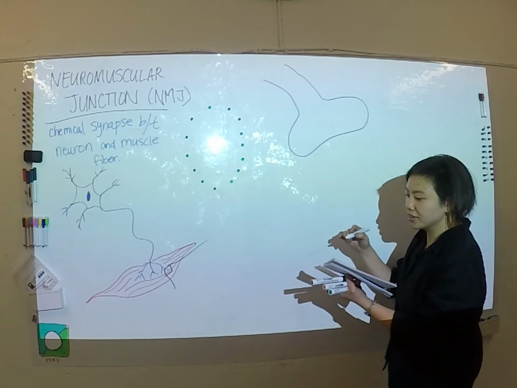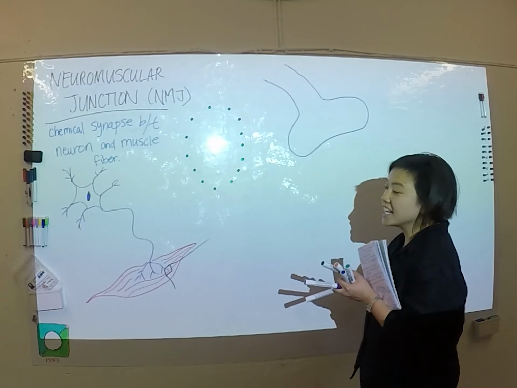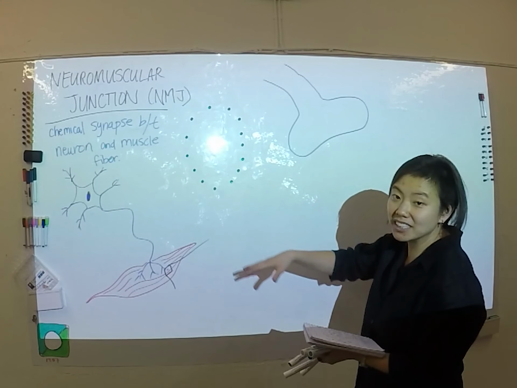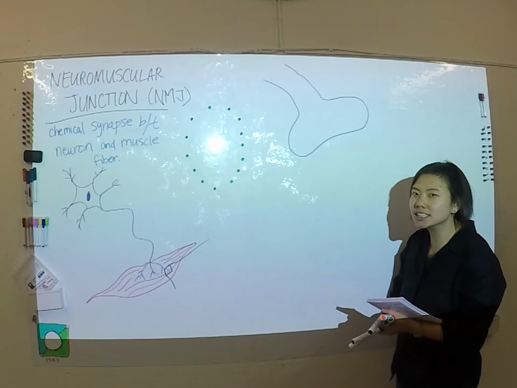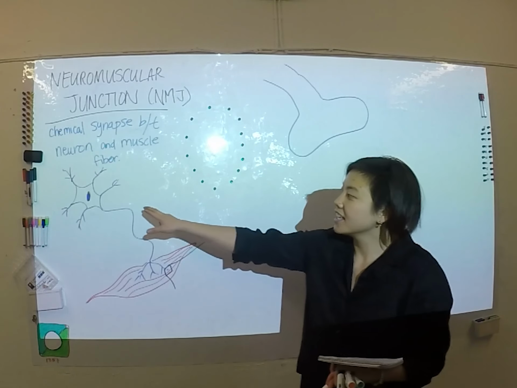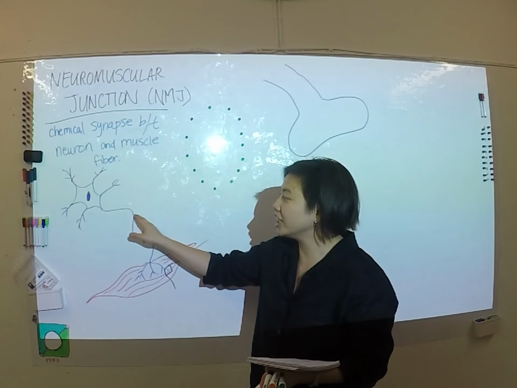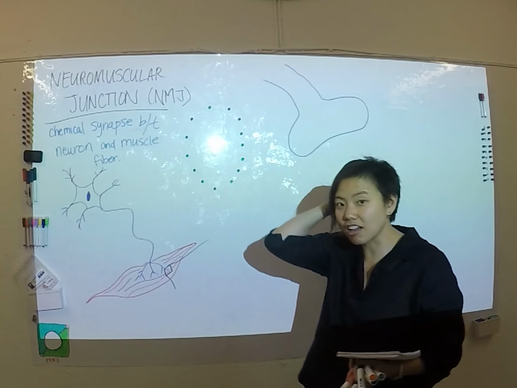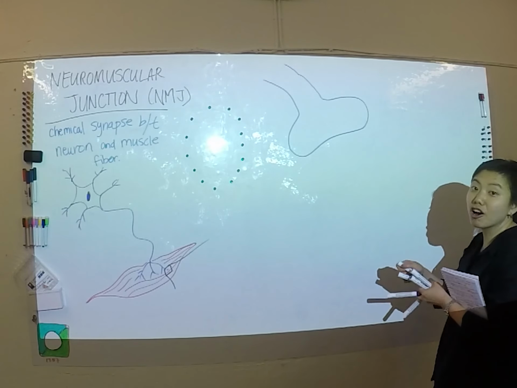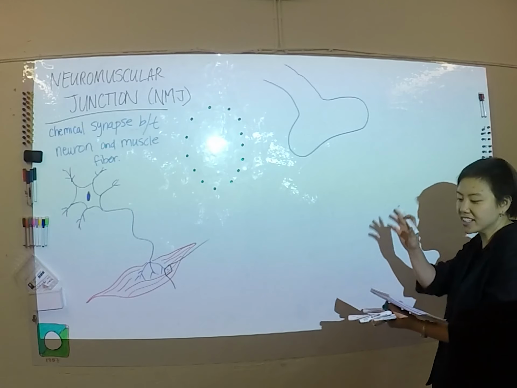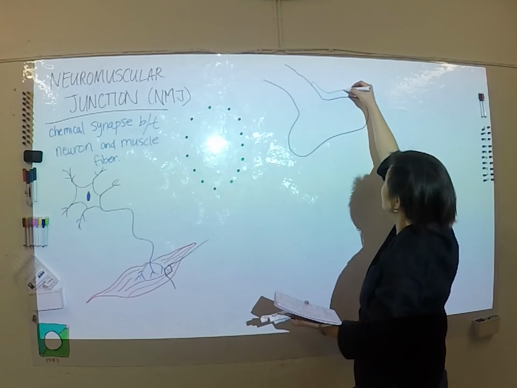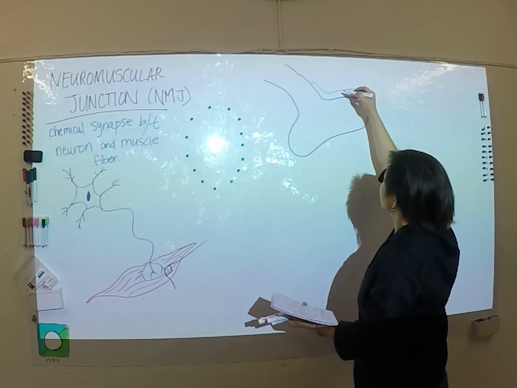In the case of a cell that is connecting to a muscle, do you remember Schwann cells? Schwann cells are the glia that create the myelin sheaths, usually along the axon, but at the neuromuscular